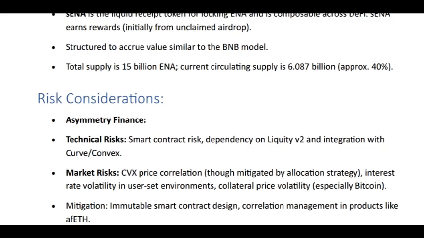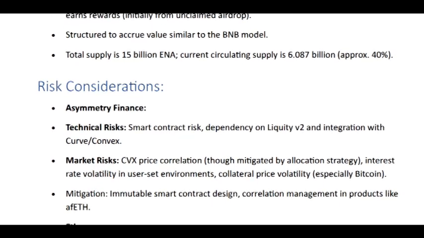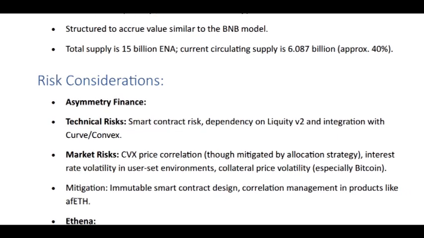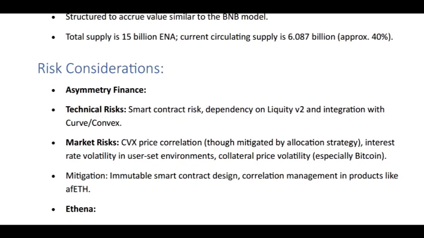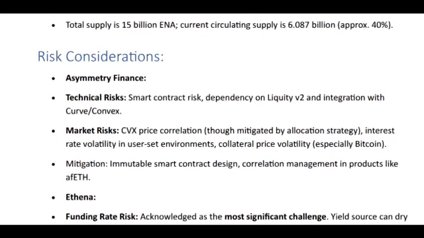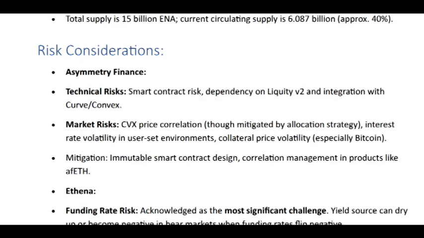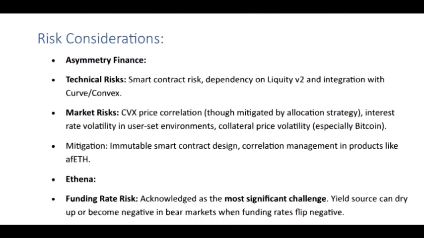But you said ETH isn't the majority of the collateral? Correct. Staked ETH yield comes from the consensus layer rewards and execution layer fees, MEV, but the sources note staked ETH is only about 6% of their backing assets right now. So it contributes, but it's not the main driver. So what is the main driver? The primary source, according to the material, is the derivatives funding and basis spread.